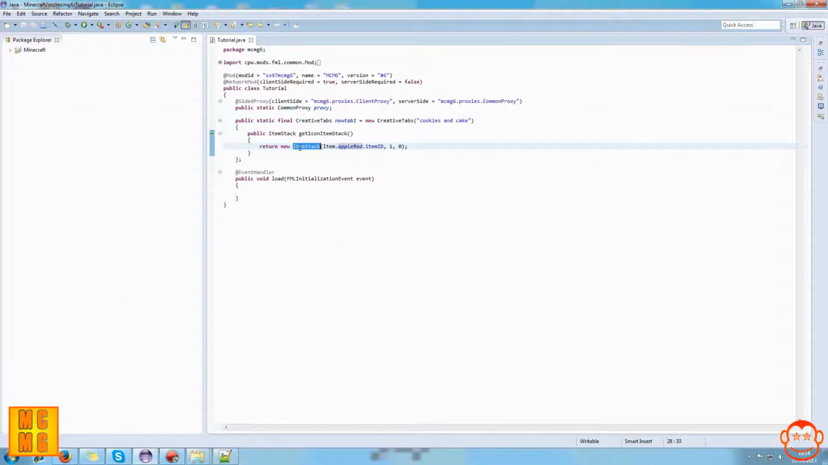Now why is it return new ItemStack and it's got amount and damage value? Well, the amount you also have to keep as 1, but why does the damage value